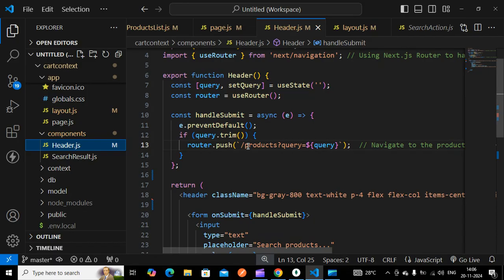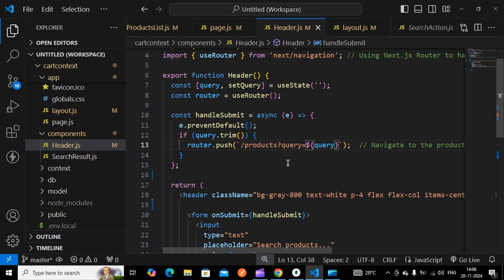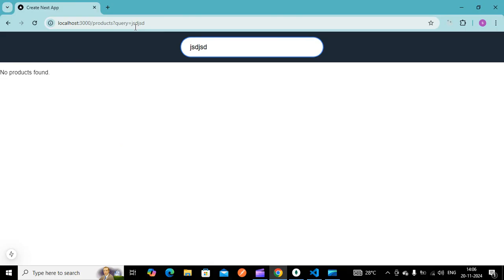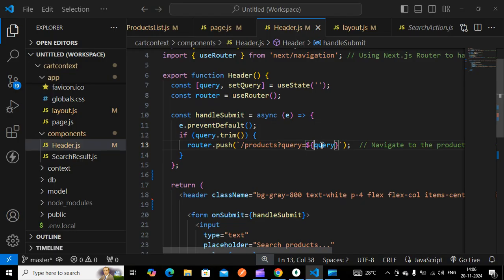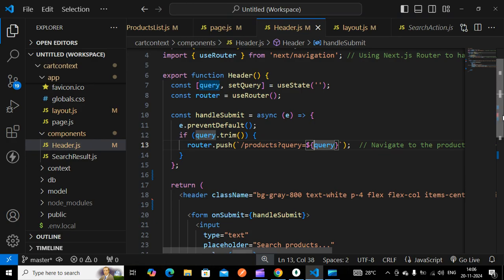Once I click this, it goes to the products page with query equal to whatever I have typed. Whatever I type here will appear here in the URL. So whatever I type in the search bar is queried here. This is the first step we have to do.